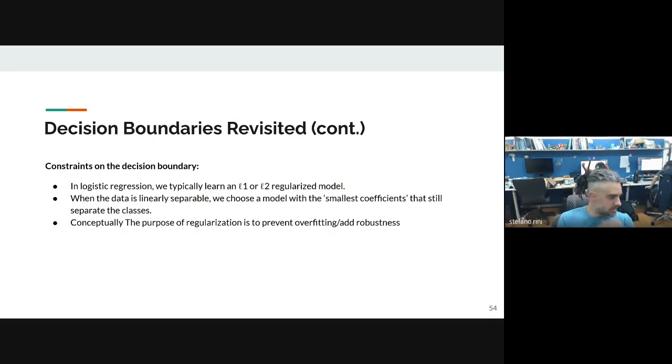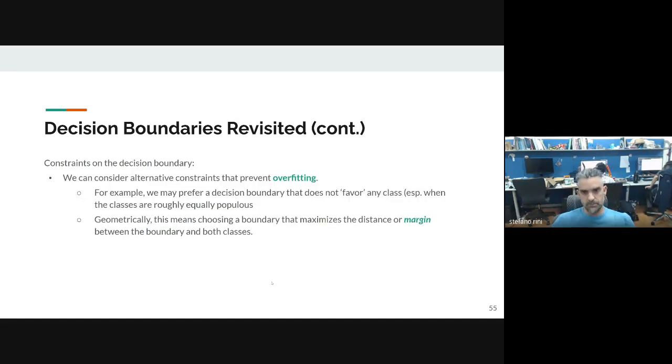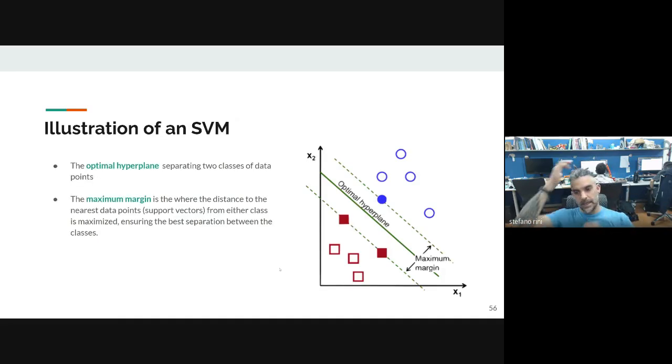Maybe we look at this in some L1 or L2 norm, and we could say that this serves the purpose of giving us a robust decision boundary. But alternatively, we can consider some other geometrical consideration, which will give us a better guidance toward deciding what is the best line to use to separate these two sets.